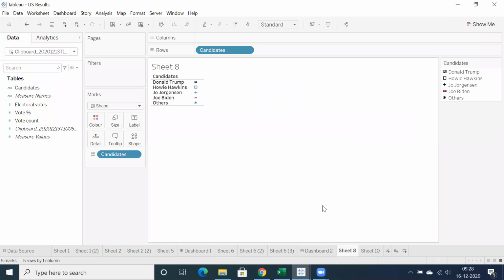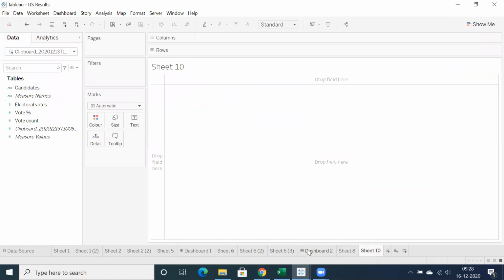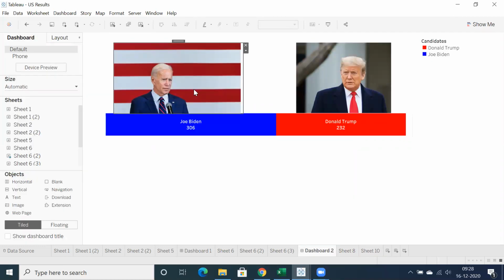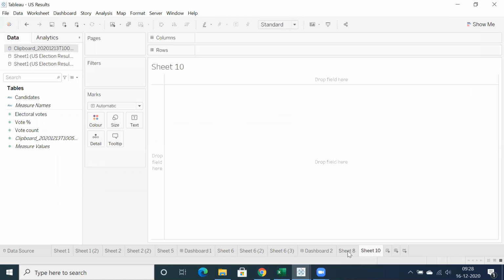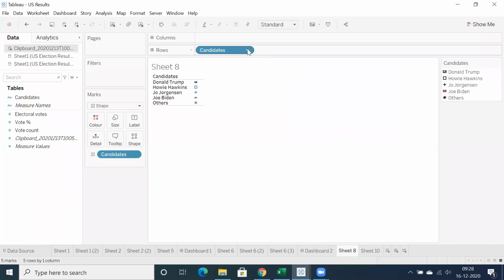Then what I have done is, in this particular dashboard, I just inserted an image from the dashboard, inserted it in the appropriate place. But in general, I just want to go for proper images, right? So let me showcase that.